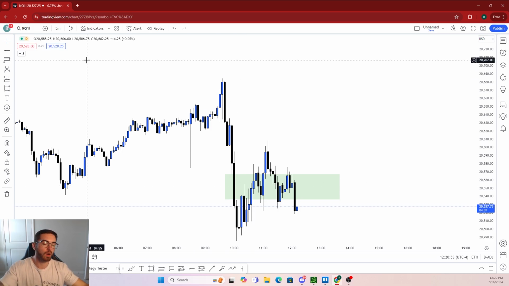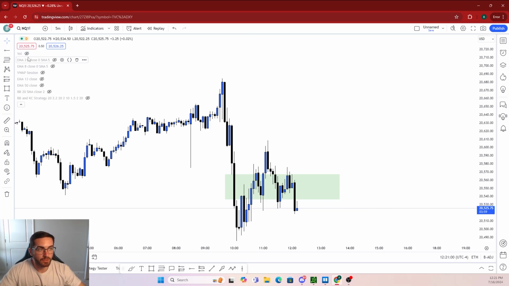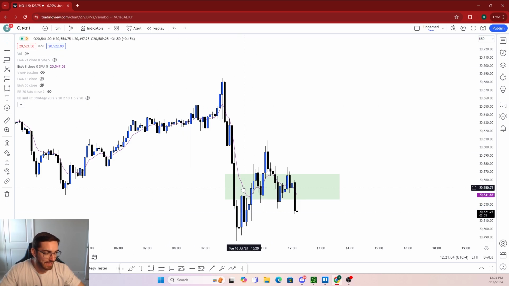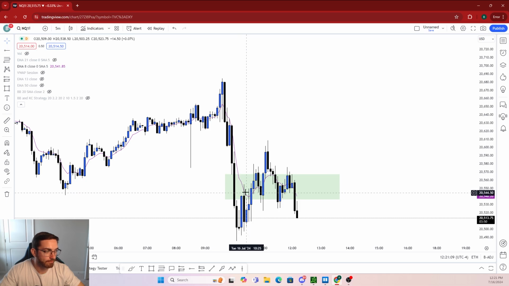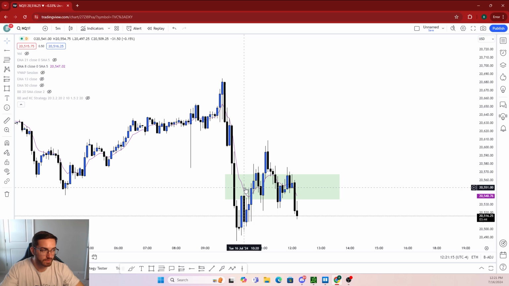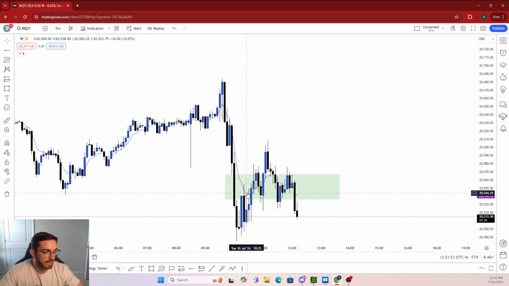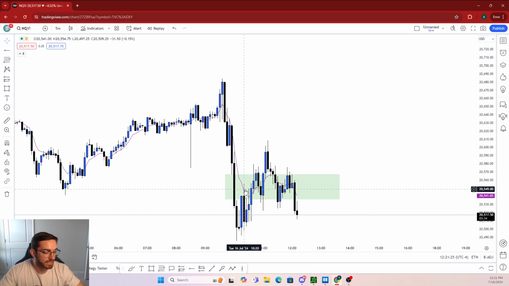We need to look for more confirmation. So the third thing that I do, and it's actually a mixture of two different things, is first, I like to add the 8 EMA because I've noticed that using that 8 EMA, if you can find confluence with it inside of the fair value gap, it actually gives more confluence and more confidence to the trader to take a position. So I like to add that 8 EMA for a little more added confirmation